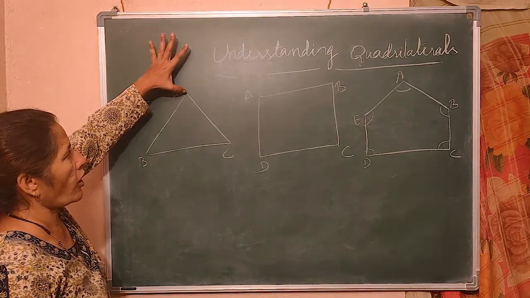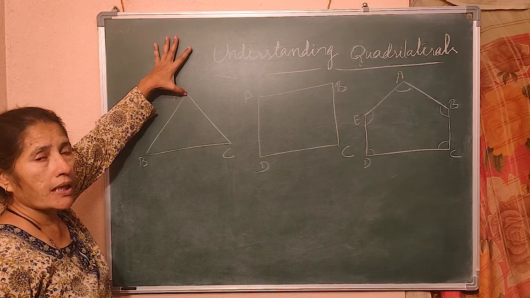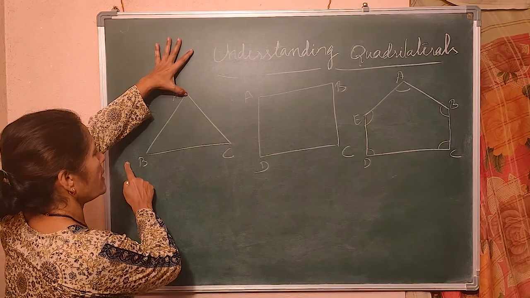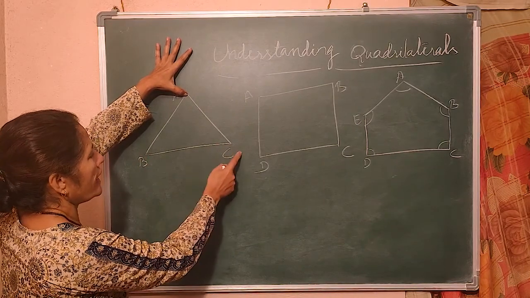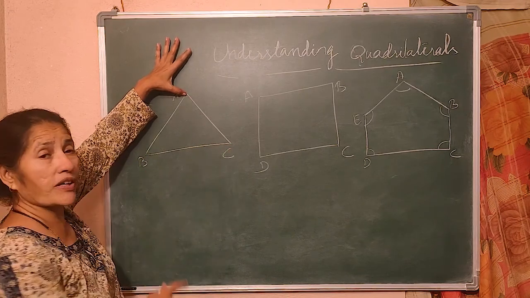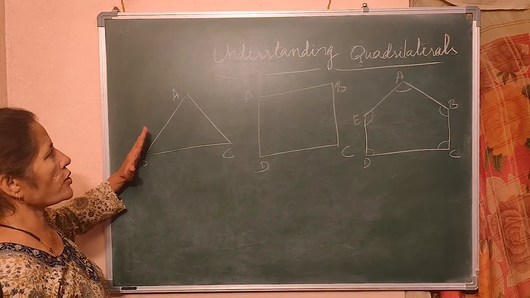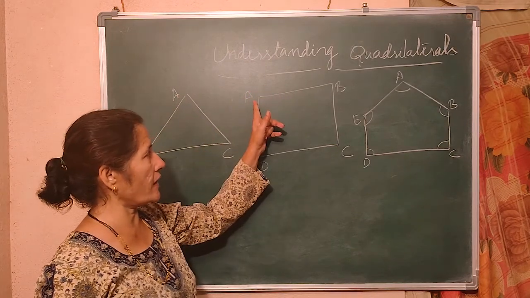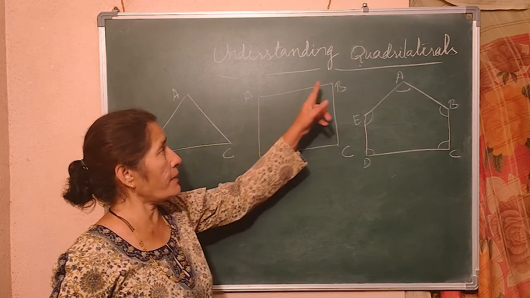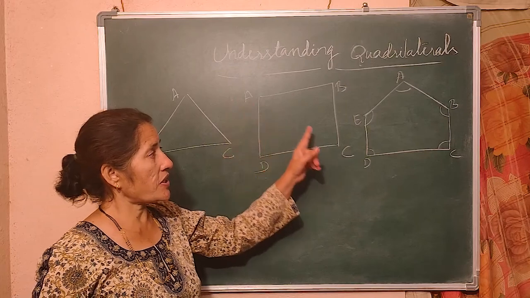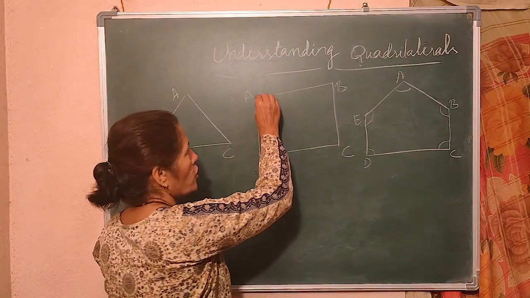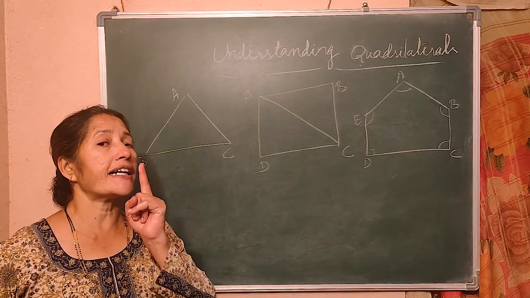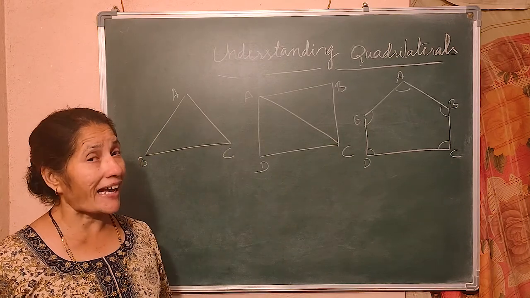So, if I call it this vertex A, is there any opposite vertex to A? No. This is on this side, C is on this side. So, these are adjacent. What are these? Vertices. B is also adjacent to A. C is also adjacent to A. Now, if I take A here, C and D are adjacent. But C is opposite. If I draw a line to the opposite vertex, then it is called a diagonal. What is that called? Diagonal.